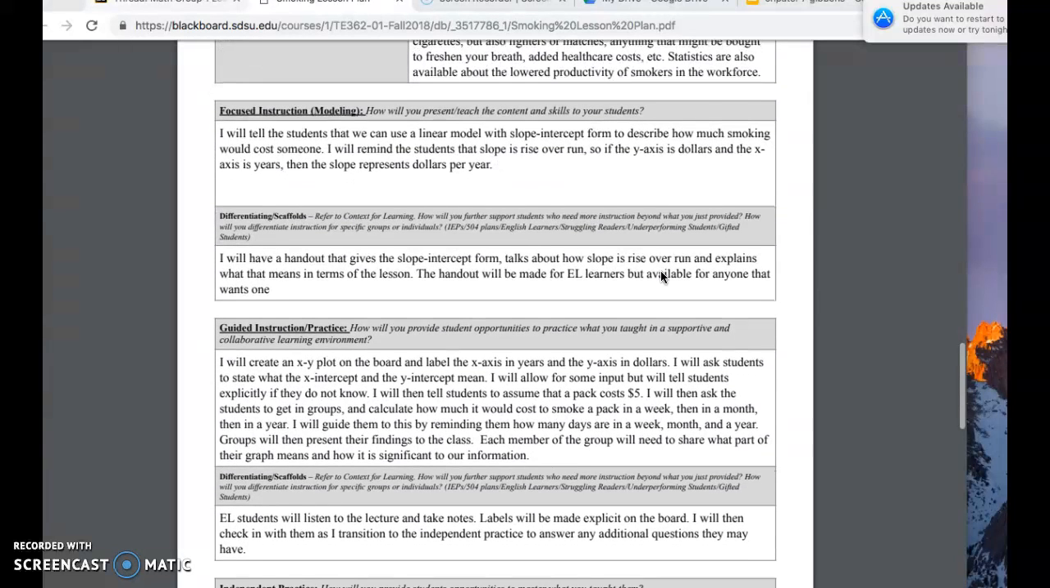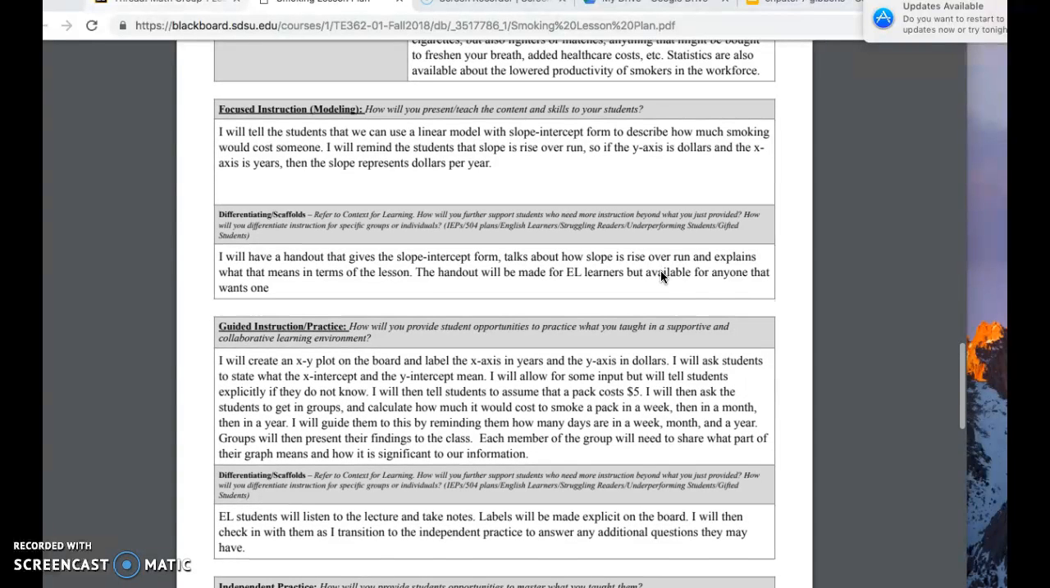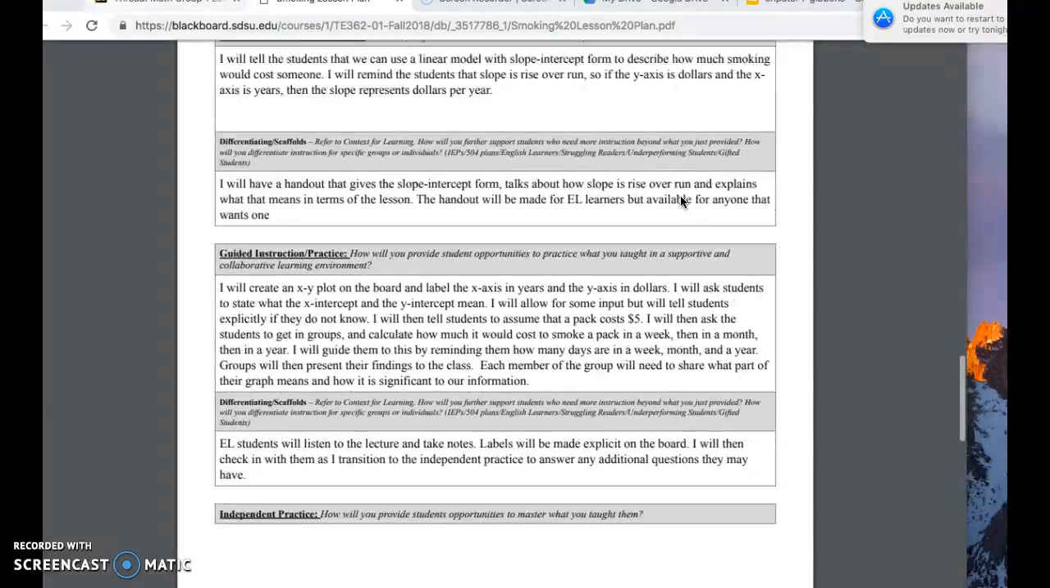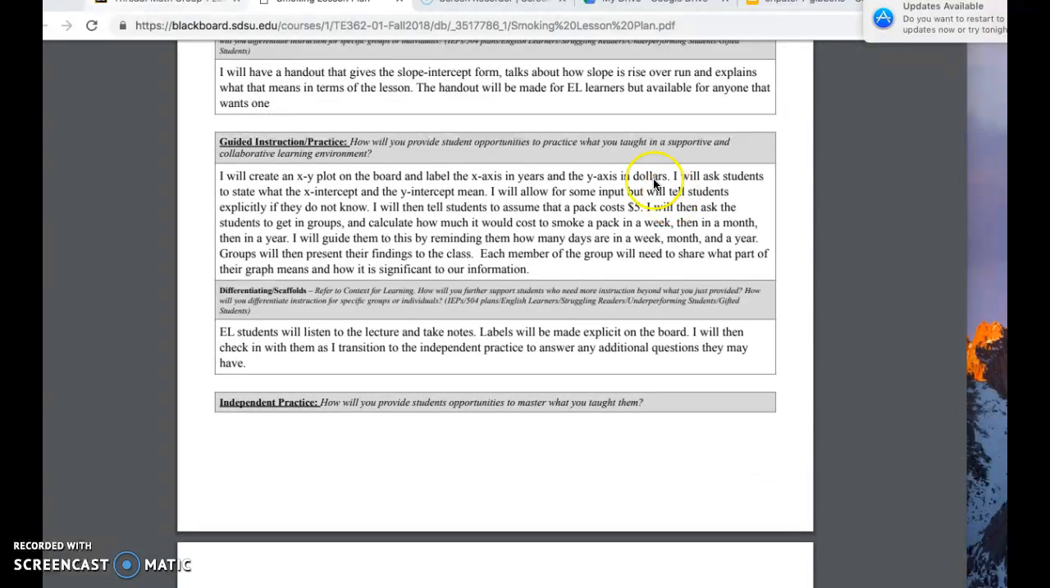Then for the students that are EL learners or have learning disabilities, we're going to give them a handout that they can look over while I'm explaining the instructions. And then we're going to put the students into groups for the guided instructional practice. And here they're going to work with their groups to create a graph representing the cost per year it costs to smoke, assuming that a pack of cigarettes costs